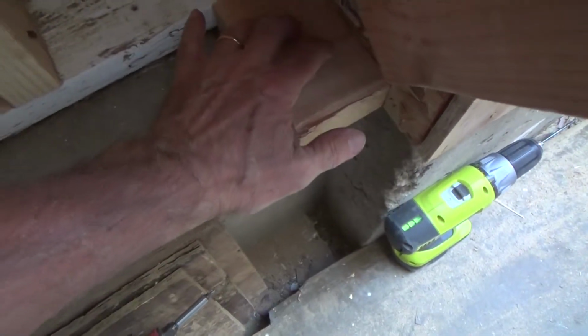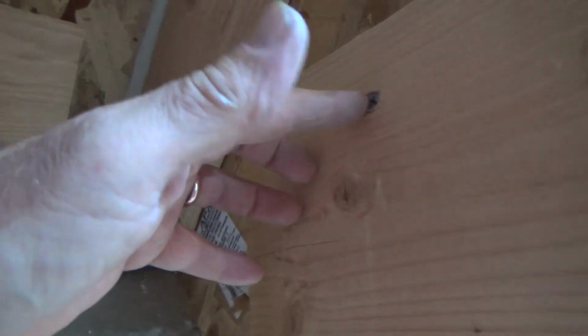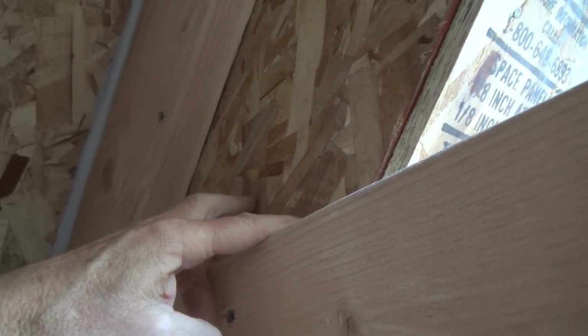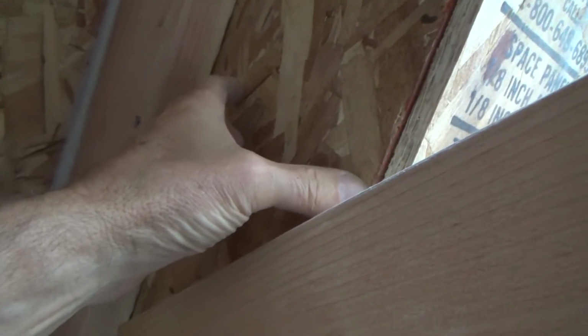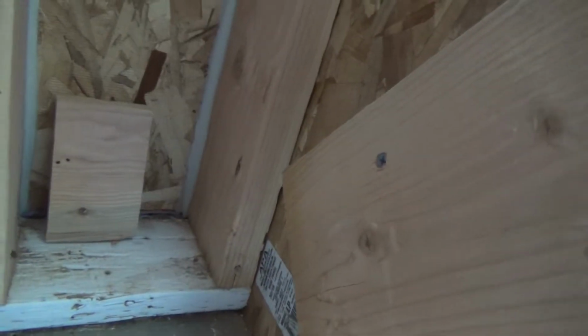This is going to rest down on top of it. And I don't even have to nail it to the bottom. I can just put a little clip on there so that the weight is setting on top of here. And then I'm going to go ahead and put some screws in it to attach it to the OSB plywood. And then there's a 2x6 behind there. Do you remember? There's a flat 2x6. Remember, from this edge over, there's a flat 2x6. So then I'll be able to put at least 4 screws in there, and